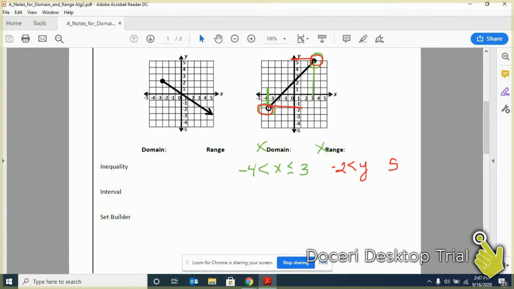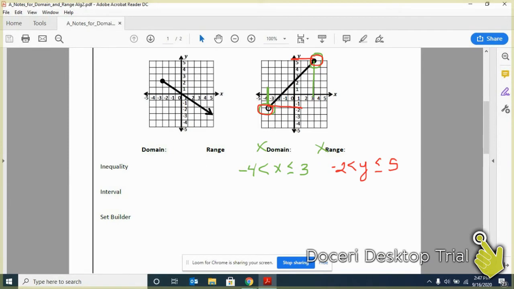Closed circle, so equals 2. So that's inequality notation. That's what you would have done in Algebra 1. In interval notation, what's nice is the fact that it's actually a lot simpler to write,